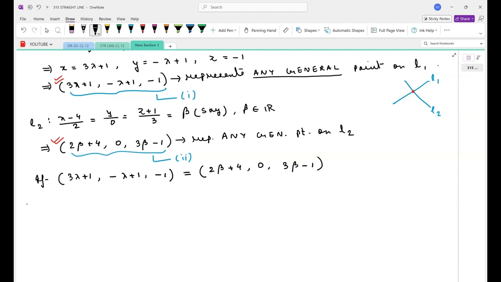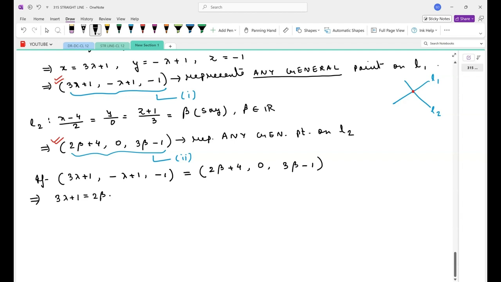If everything goes smoothly, that means what I did forcefully is correct, and that will prove that the lines intersect. Okay. Now, you know from 2D that if two ordered pairs are equal, then their corresponding components are equal. Same theory here. So equating the corresponding coordinates of the points, we have 3 lambda plus 1 equal to 2 beta plus 4,